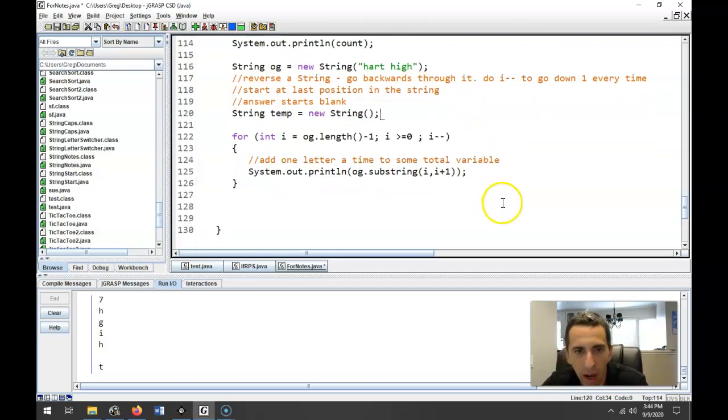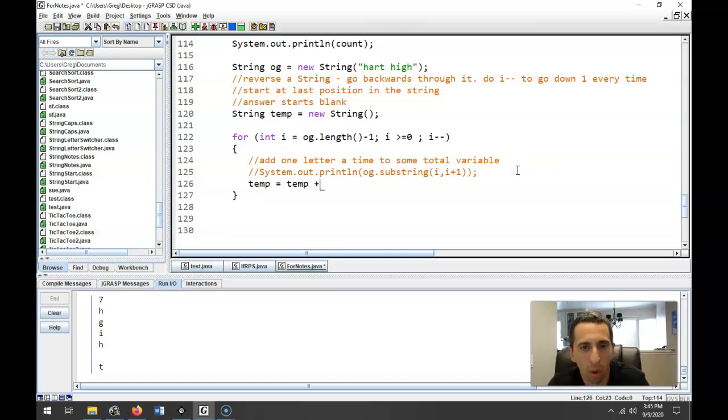And every time I want to add that new letter to it. So instead of printing this out, I'm just going to add it on. So I'll do temp, and it's kind of like keeping a total count. I'm setting it to what it was before plus that one letter at a time. So what we'll see, and I'm just going to print this out every time through so we can